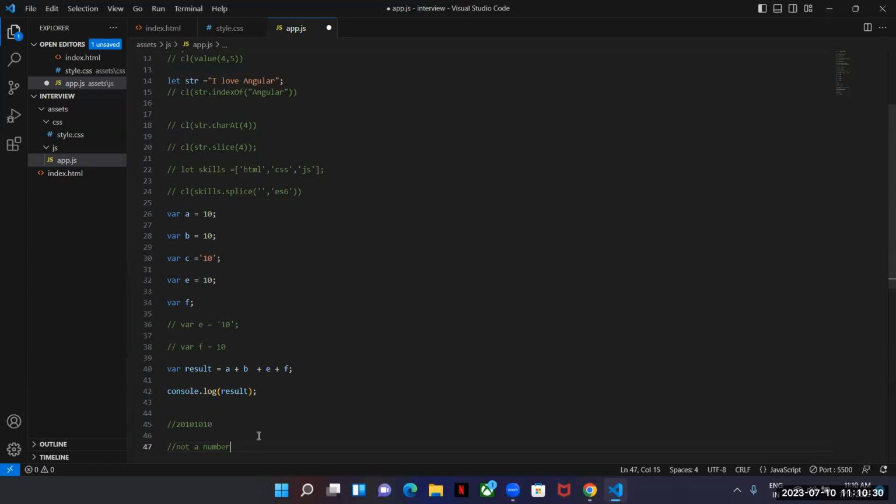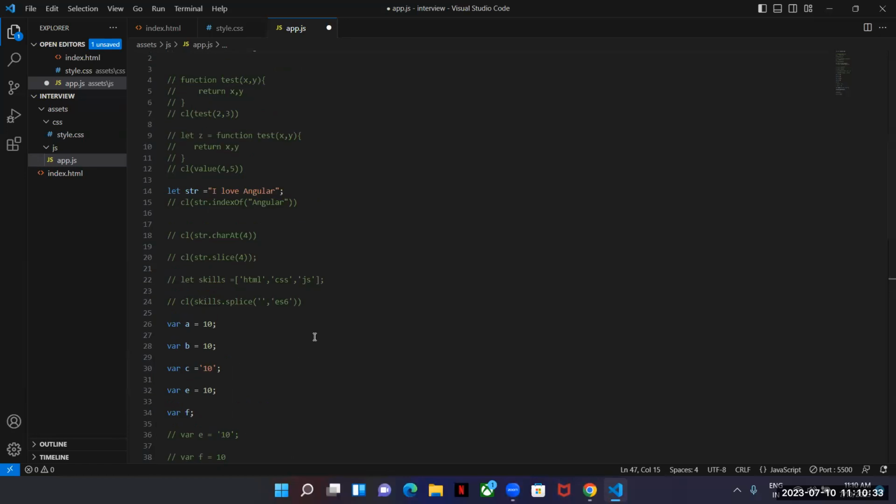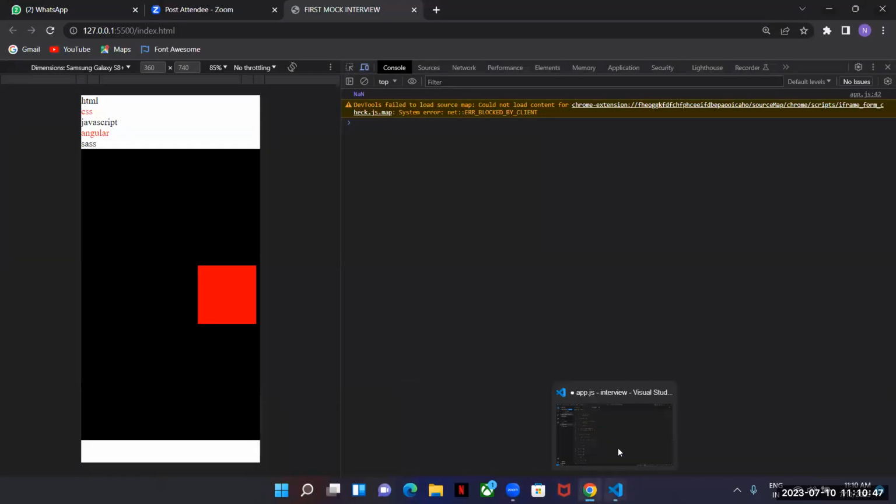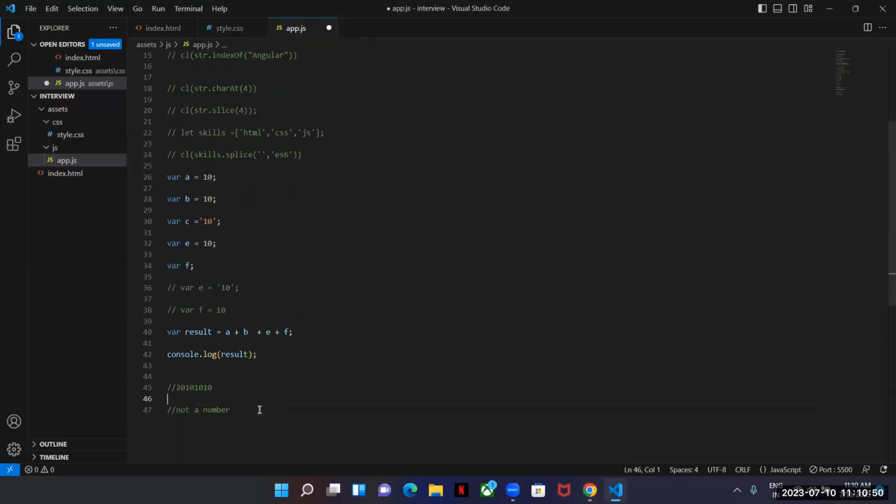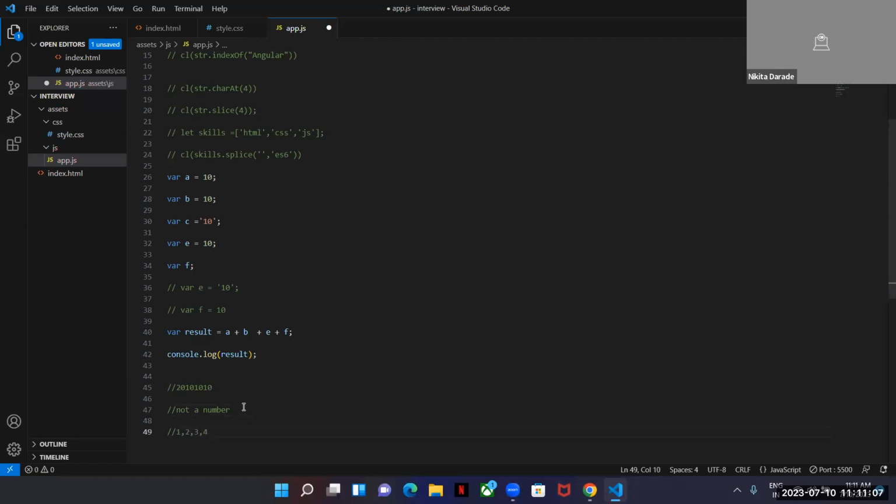Can you print a random number between 1 to 10? A random number in console between 1 to 10. Put this random number between 1 to 10.